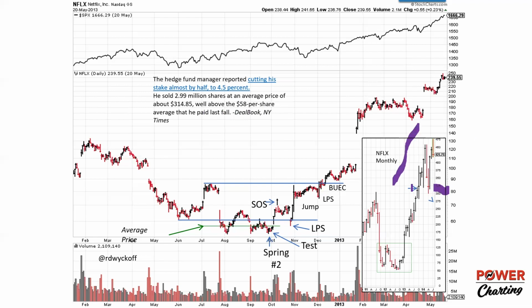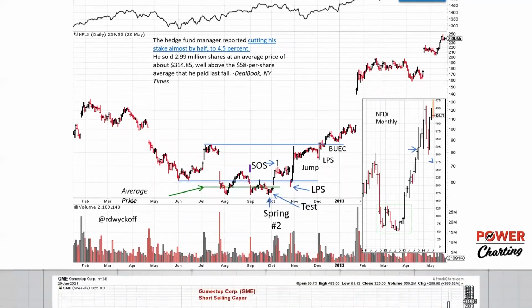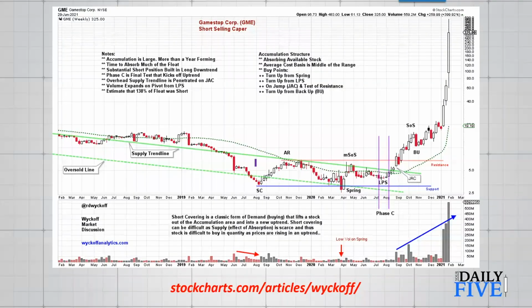This is a little monthly chart in the cutout here. So here is the idea of accumulation as performed by the CO. We as Wyckoffians want to participate with the CO. We want to watch their footprints on the chart. We want to follow what they are doing, and at the appropriate moment in the pivot, buy the stock and ride along with the CO as stocks go to ever higher prices.